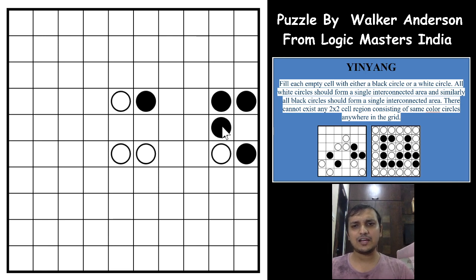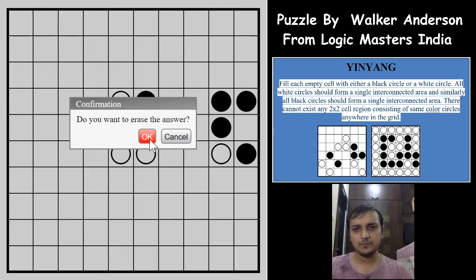Now what happens if you have a black circle here? Not to form a checkerboard pattern, you cannot have a white circle here, which gives you a black circle, and you form a 2 by 2 group of all the circles either black or white, which is violating the rule. So this is a very helpful trick, and whenever you come across this case, you can immediately mark this circle as a white circle and this circle as a black circle. So a simple method is: one white circle will have another white circle near it and one black circle will have another black circle near it. So this is one of the tricks.